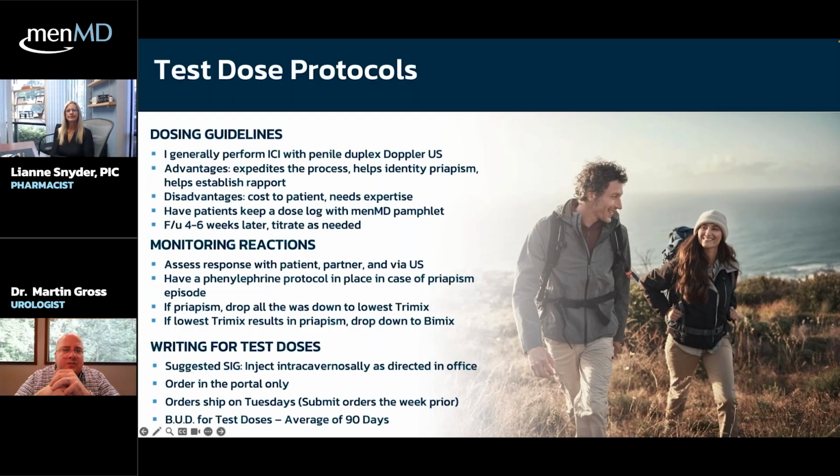This is an important thing to recognize, that sometimes you will have, rarely, probably once every 6 months, maybe once a year, depending on your volume of how often you do intracavernosal injection, you'll have a paradoxical response guy. Paradoxical response guy gets a priapism at number 5, gets a priapism at number 14, and gets a priapism at the lowest strength Bimix. This is a challenge,